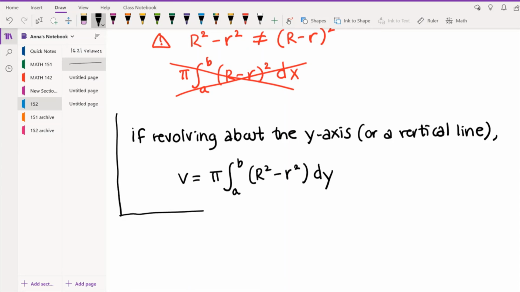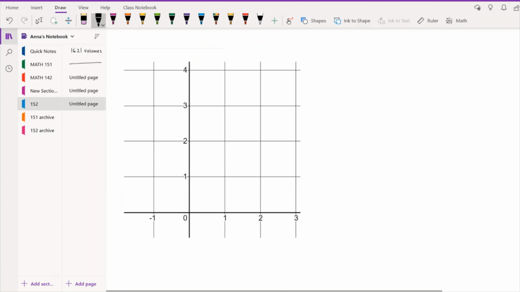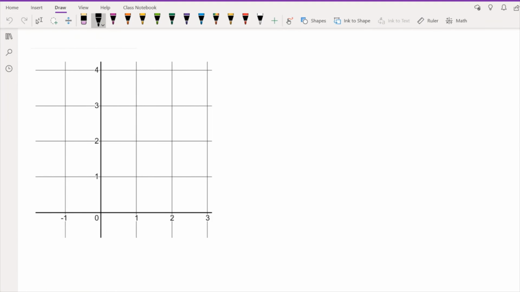All right, so last example we're going to do is going to be now revolving around a line that is not an axis. So it's a little bit trickier, kind of like what we did in the last video. So this time we're going to be working with actually the same region from the beginning problem. So we're going to be working with y is equal to x and y is equal to square root of x. But this time we're going to be revolving around a horizontal line instead of the x-axis. So find the volume of